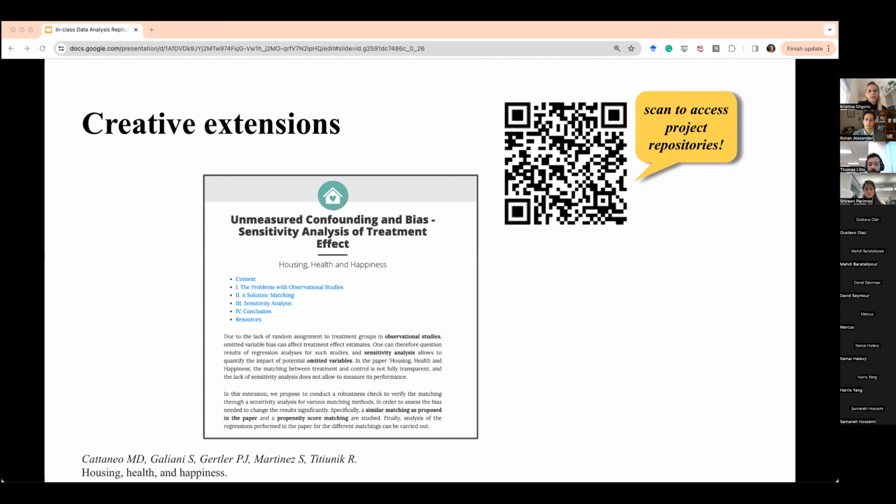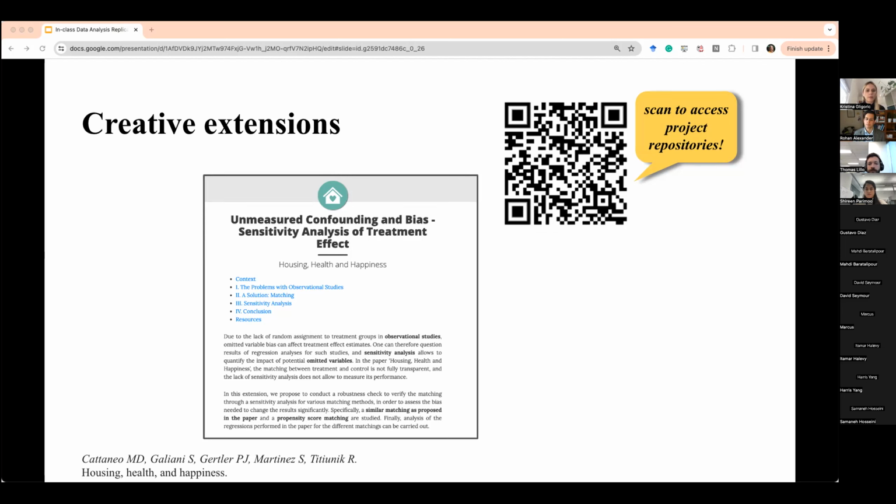And then they did it, and then they wrote a report about it and made a website about it. So one, and then this was great because it allowed students to do more involved and technically challenging projects. So one that I wanted to tell you about was, so the original paper was about a Mexican program to replace dirt floors with cement floors, and then seeing the impact that that has on child health and